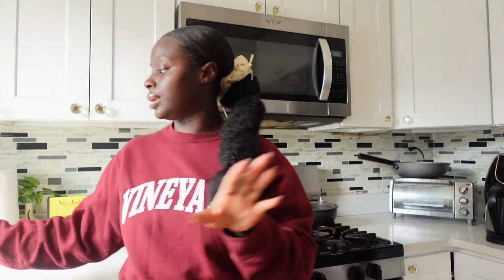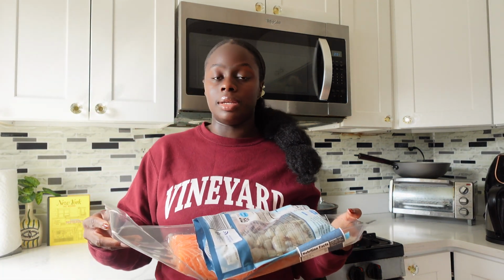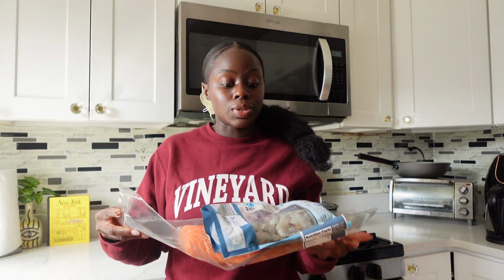Hi everyone, so I'm about to meal prep right now. Sorry if you can hear my washing machine, but I honestly bought a lot of my meal prep a couple of days ago because Eid was yesterday. I had my friend's birthday dinner the day before. There was so much going on, so I just needed to make sure that I had everything prepared